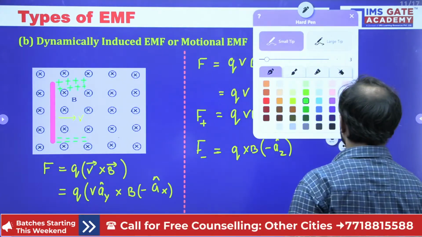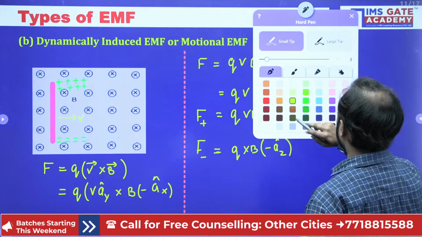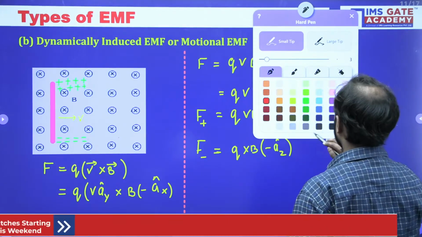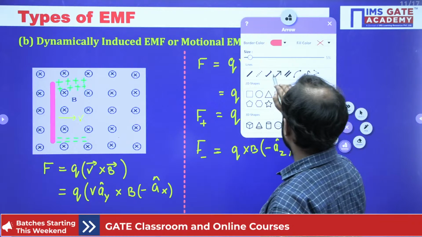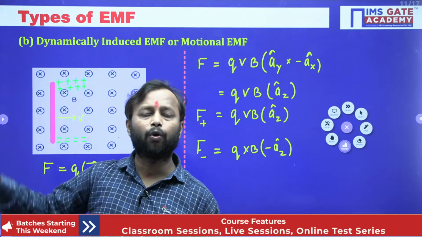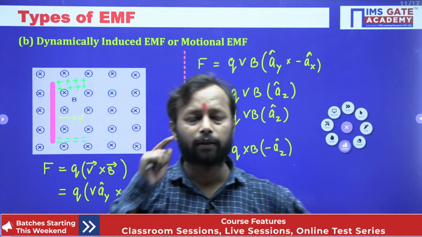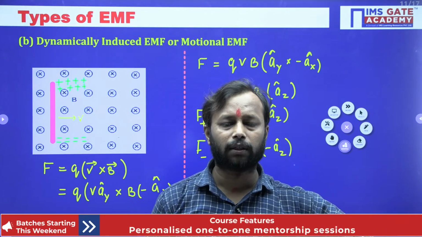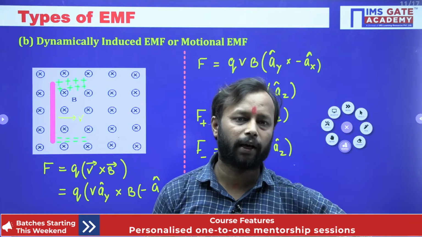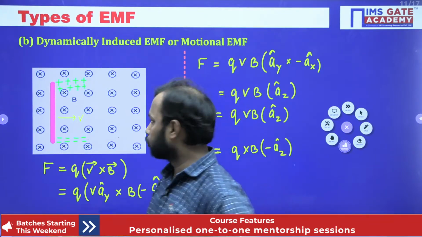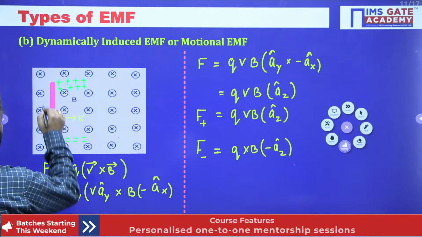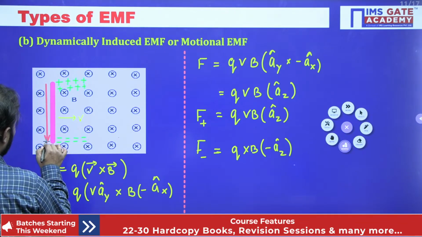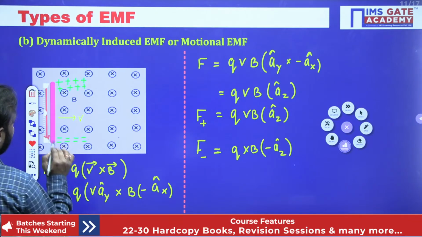All right. Now, this positive charge and negative charge, what will it do? It will generate an electric field. Whenever we have a positive charge and a negative charge, it will generate an electric field. We have a plus charge here and a negative charge here, and the direction of the electric field is always from positive to negative charge. It is the basics of your